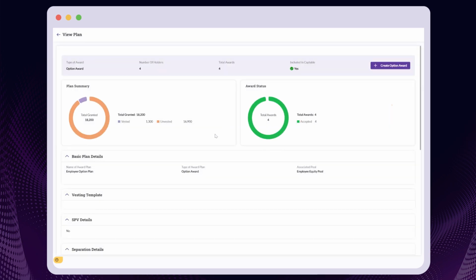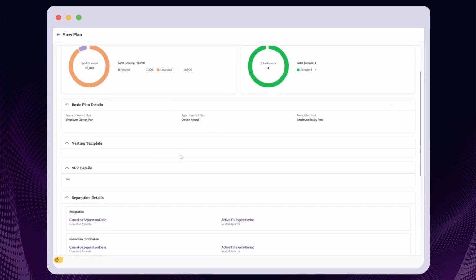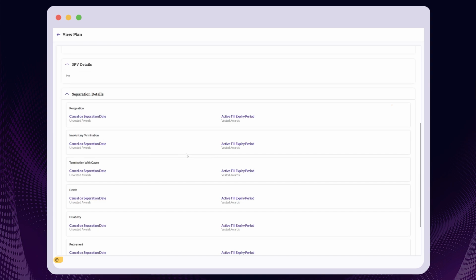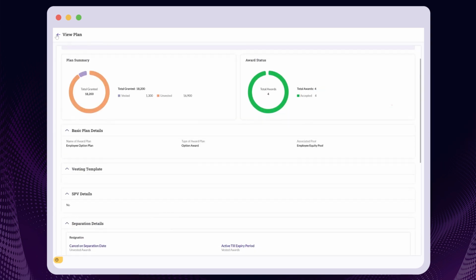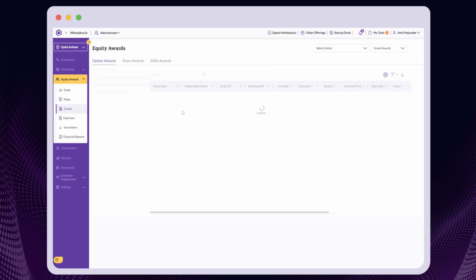We're able to reflect all relevant parameters for any given plan, right from the overarching scheme document, what was the approved plan size, any prescribed vesting schedules, and performance conditions, if there is an SPV or trust associated. With the pool and plans in place, you can see the details of all the grants that have been issued